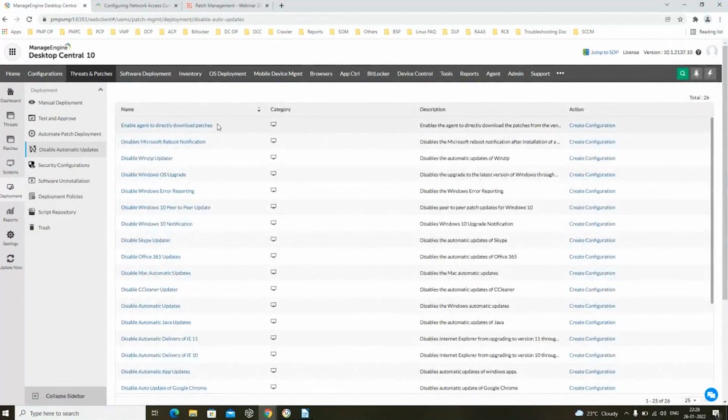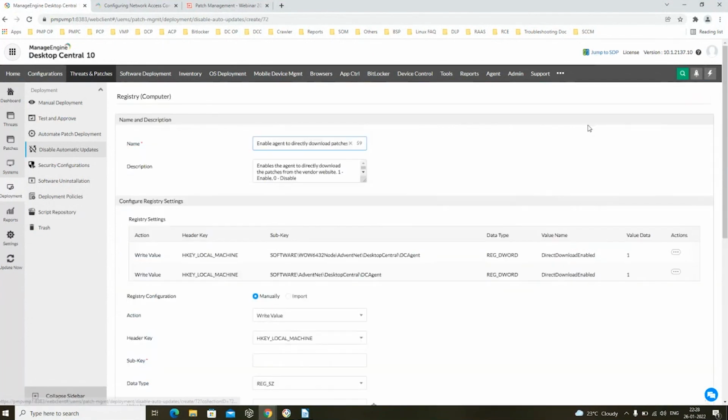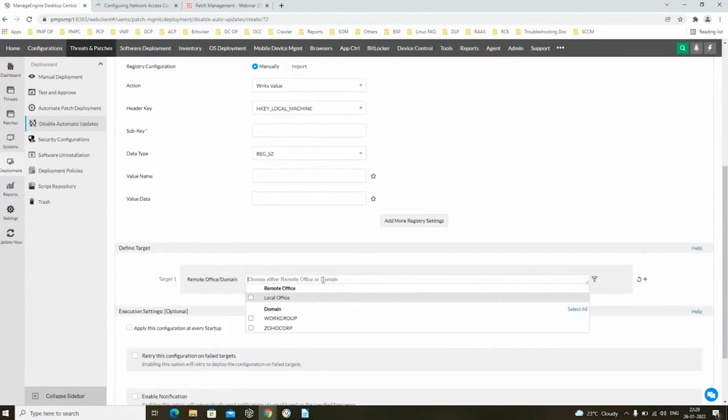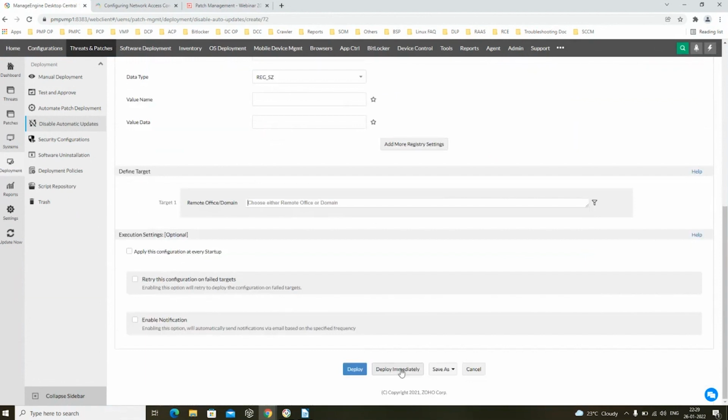We have a default configuration called Enable agent to directly download the patches. You can create this configuration and deploy it to the entire domain or a specific group of machines of your choice. This will be created as a configuration and you can deploy it immediately to all your endpoints. Once the direct download is enabled, the agents will start to download the patches directly from the internet.